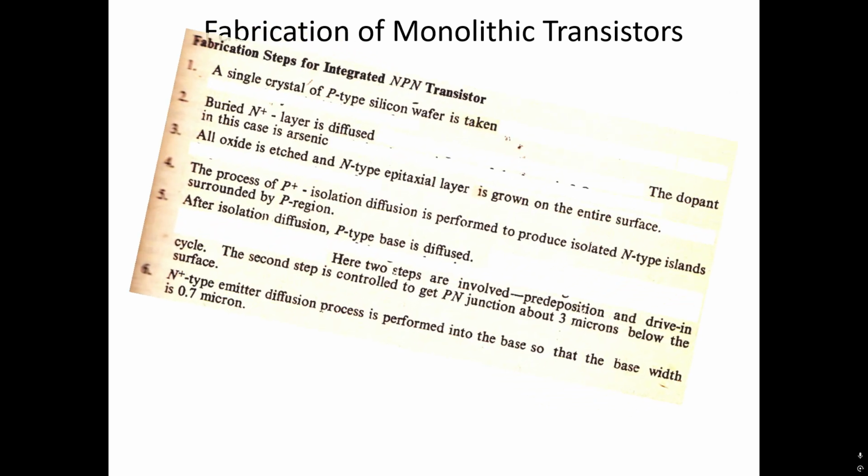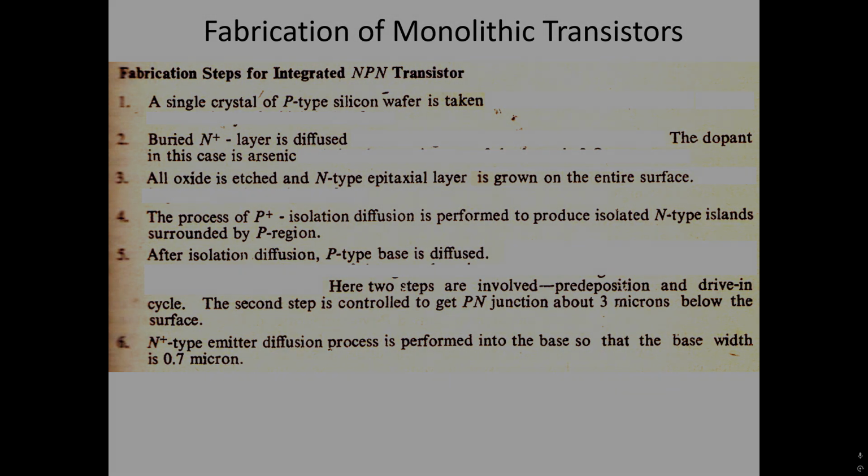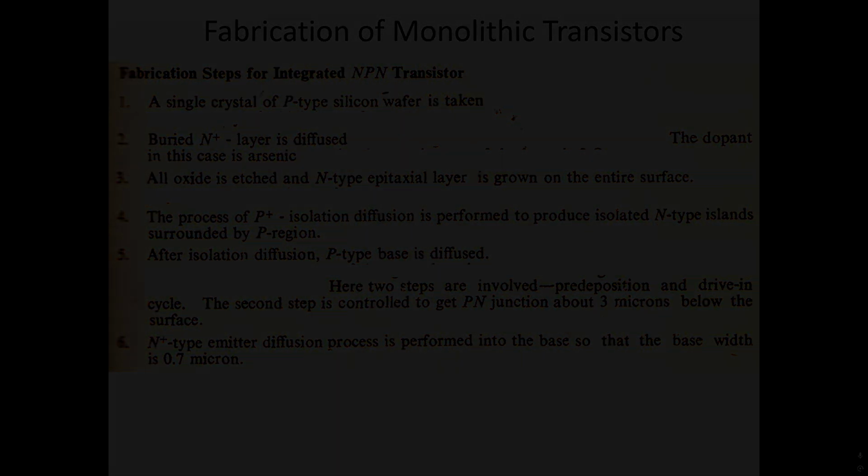Fabrication of monolithic transistors. Fabrication steps for integrated NPN transistor. A single crystal of P-type silicon wafer is taken. Buried N plus layer is diffused. The dopant in this case is arsenic. All oxide is etched, and N-type epitaxial layer is grown on the entire surface. The process of P plus isolation diffusion is performed